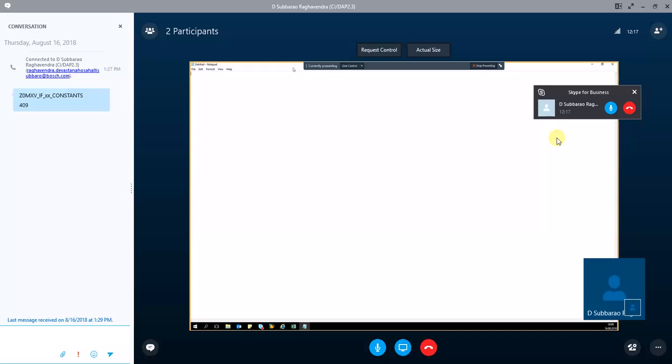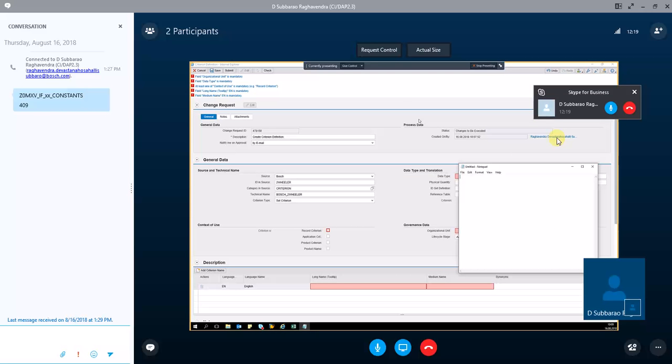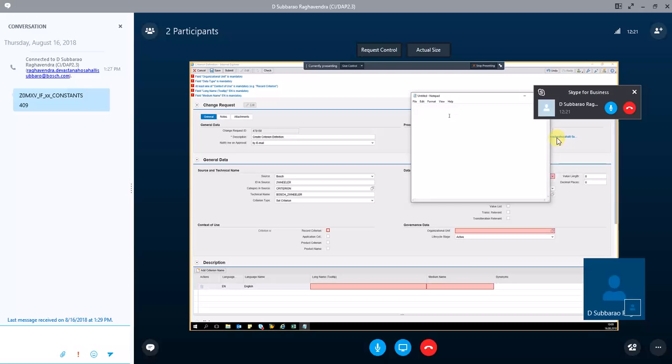So during the activation time, before activation, this will be having a temporary number key, temp key will be generated. During the activation, this E102 should be replaced with, in this case, BOSCH underscore two-wheeler